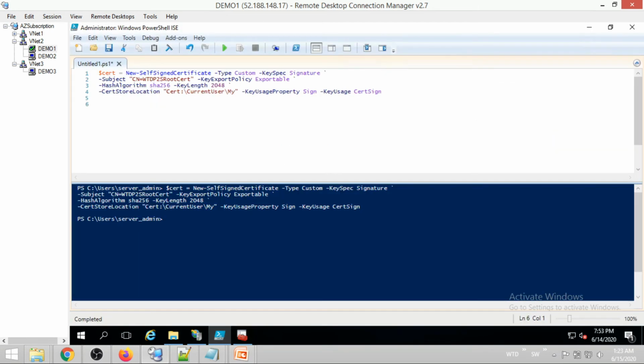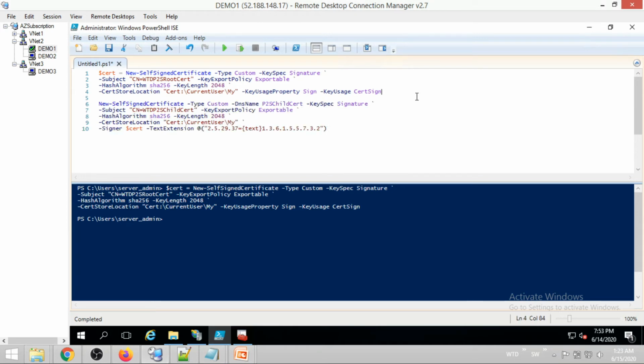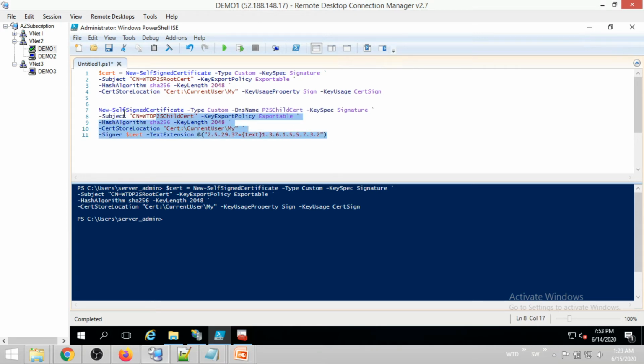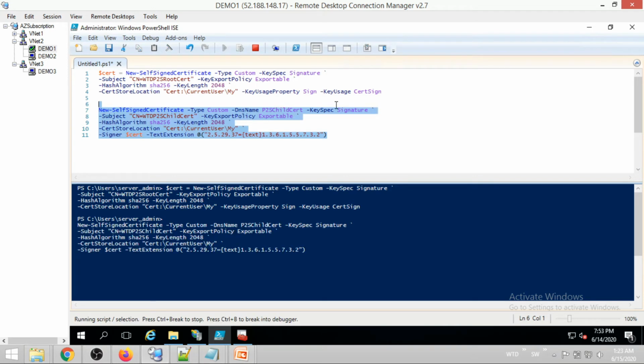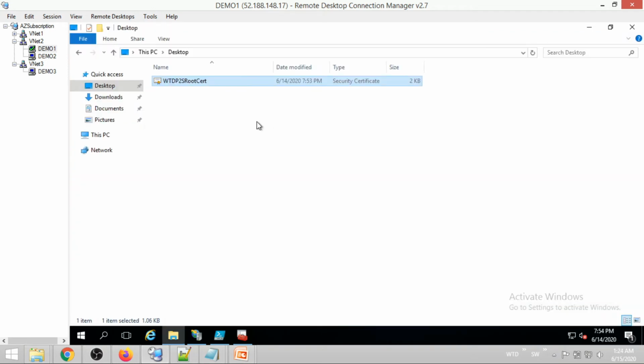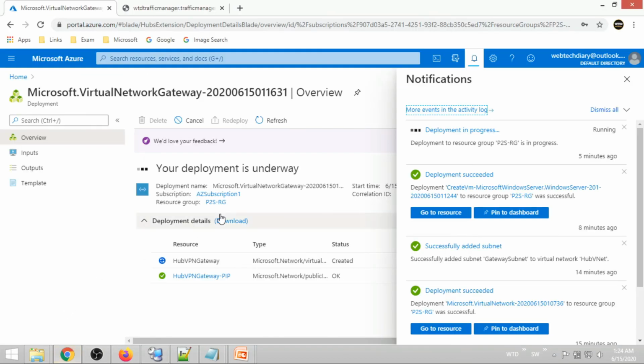So the second part is to create a client certificate based on the root certificate. So let us see if the gateway creation is completed. No, it's not completed yet. So I'll be pausing this video until this gateway is created.